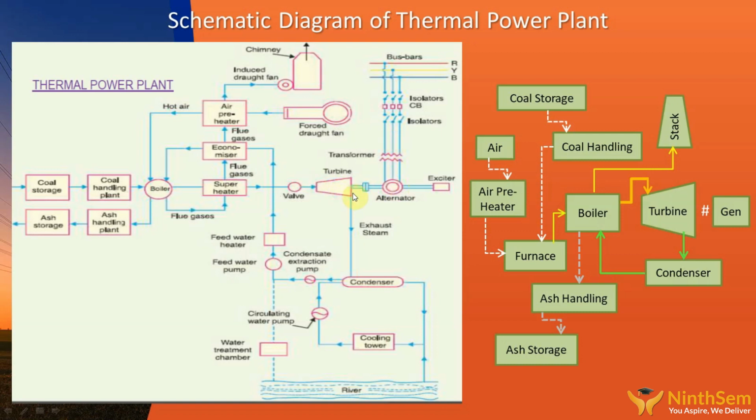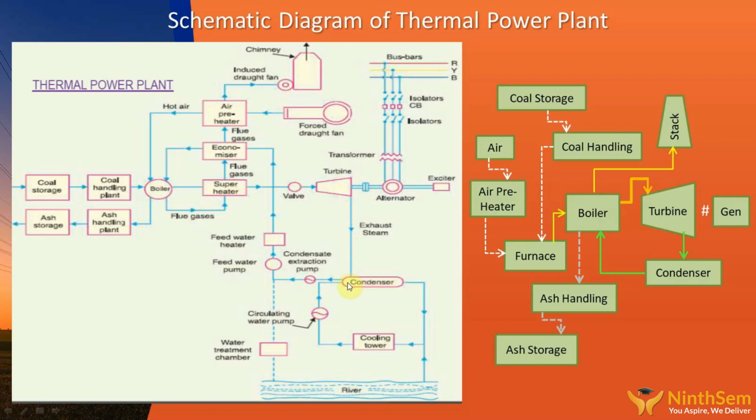So far we have discussed that the boiler produces steam, which goes through the superheater. After the superheater, it goes to the steam turbine to rotate the turbine. So this is the steam system. Once the work is done, this steam is condensed in the condenser.